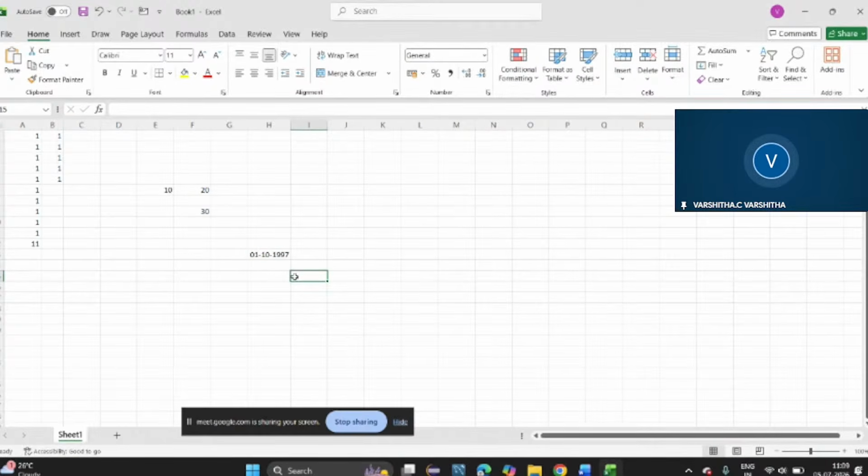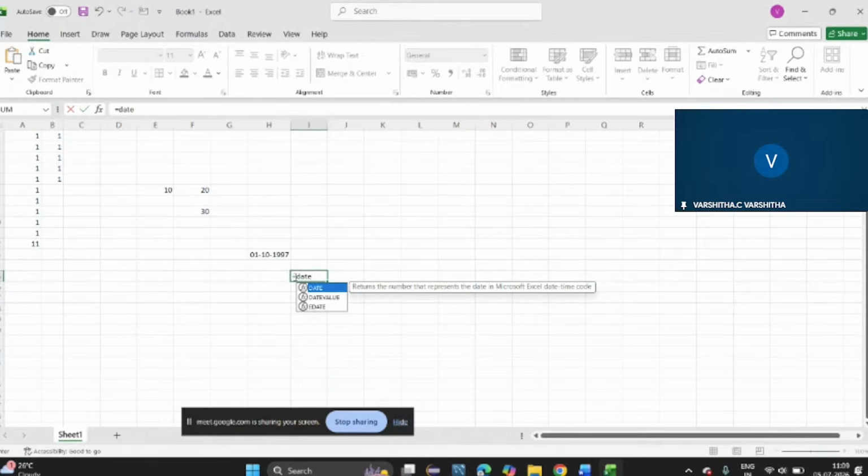Now, how to calculate my age using the DATEDIF formula: equals to DATEDIF, open parenthesis, select the date, next, comma, today, enter today,